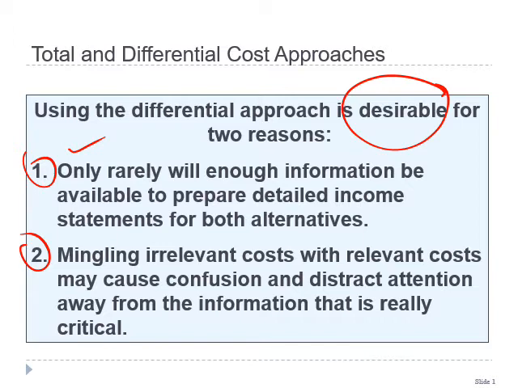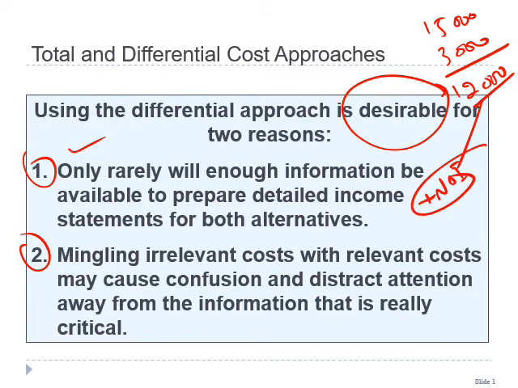So we can just do the differential approach, which is a two-step approach, and we found out that we are saving 15,000 and we are paying 3,000 rent. So 12,000 is a saving, and that will go to net operating income, where it can increase. Plus, the second